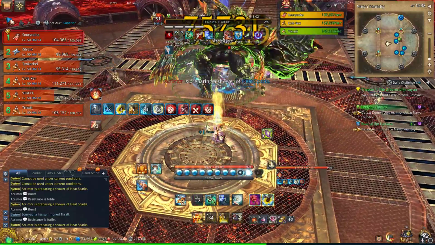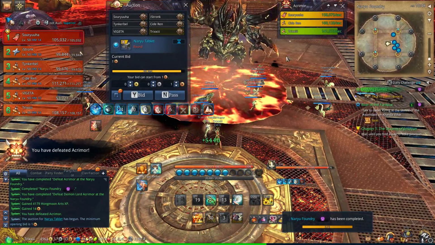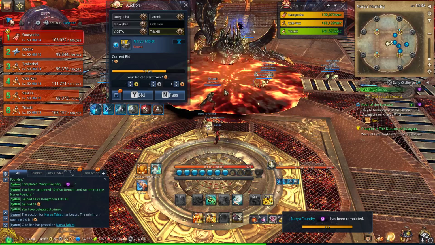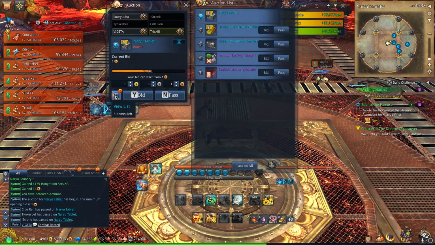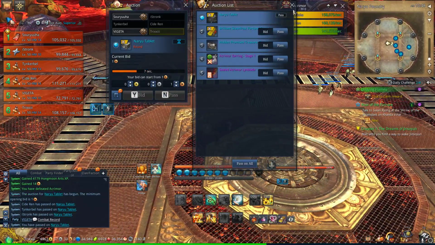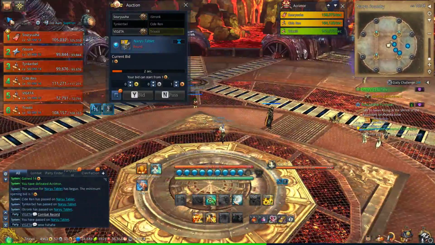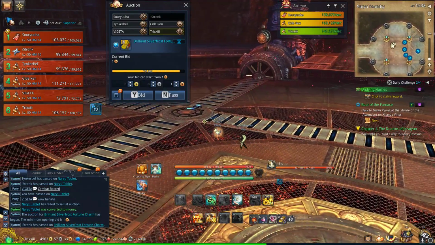You can only root him for, I don't know, he has an 8 seconds buff that makes him unrootable or unCCable, let's say that, if you root him before. So actually, you don't want to do that, so don't fail your root, or just use it mindlessly. Okay, so for the first